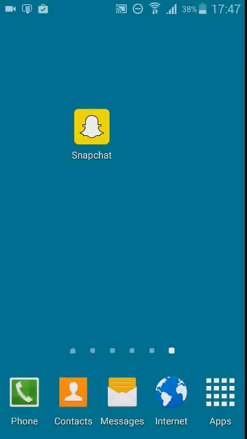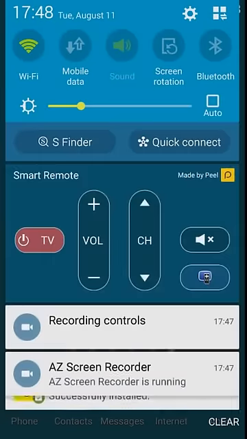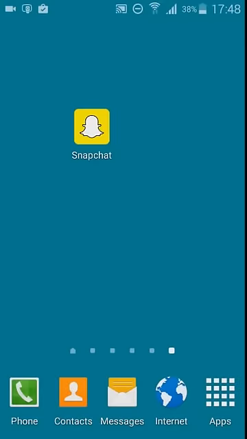Hello guys, in this video I'll show you how to fix Snapchat not responding or just automatically closing when you try to log in. So I just installed it, you can see here the timing. So let's go and try to log in. It will automatically kick me out because of the new version update.